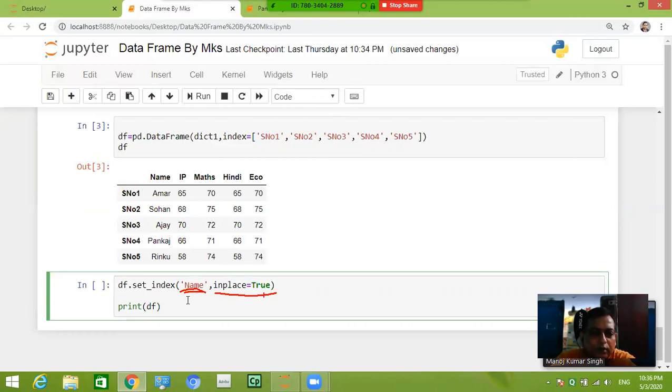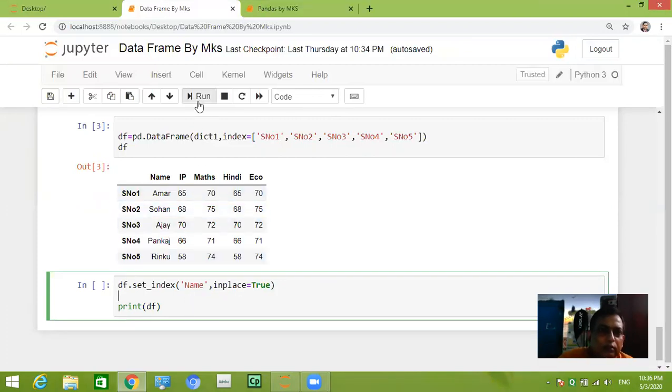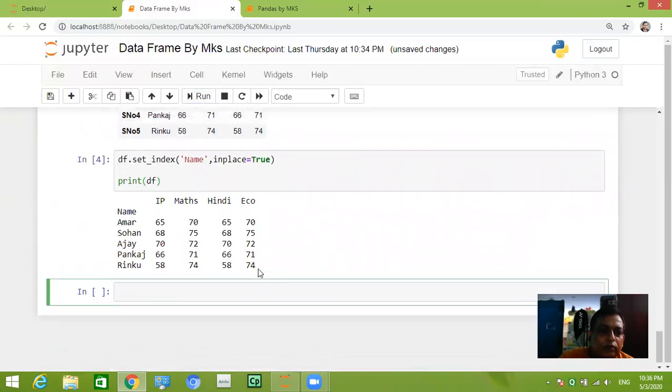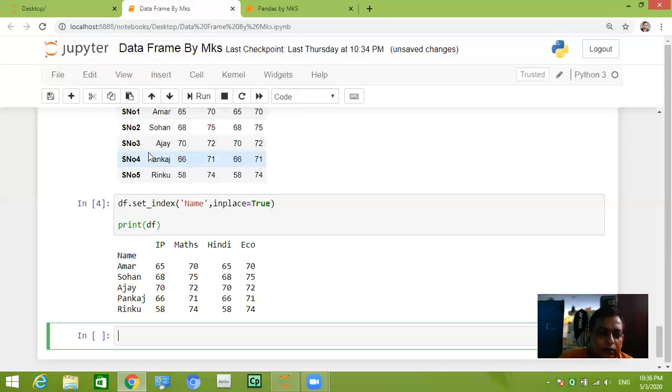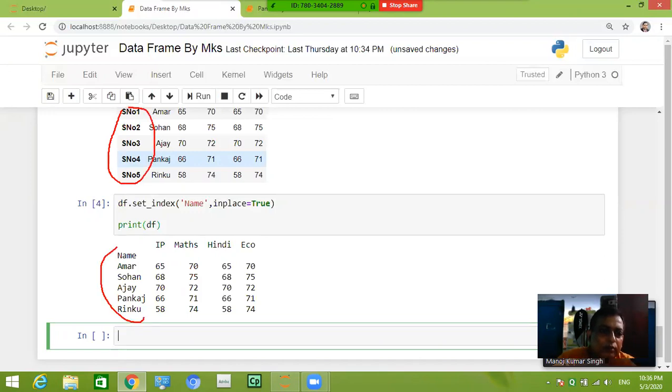So let us run and see this output. Here you can see our index was serial number 1, 2, 3, 4. Now it has become an index from the data frame itself. That name column has become the index of the data. So in this way we can take any column as index.